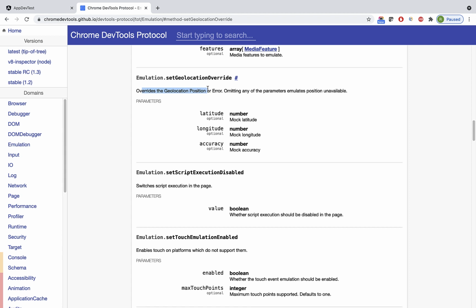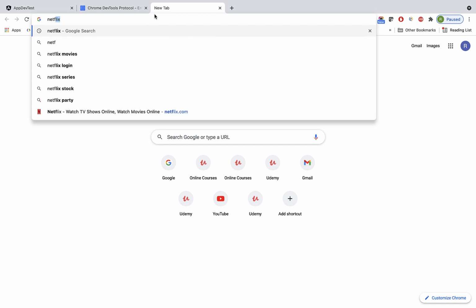Okay, so when you browse on any web page, based upon your current location, your search results will be shown, and based upon your current location, your language also will be changed. So if you go to Spain and browse, you will see the results in Spain in Spanish language. Okay, so now for example, I will go to netflix.com.